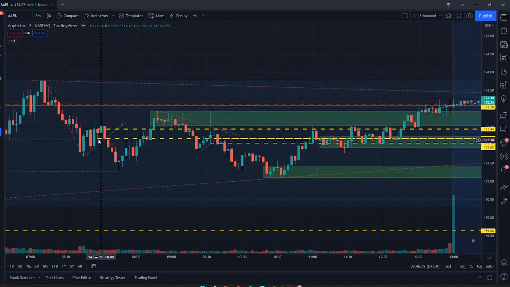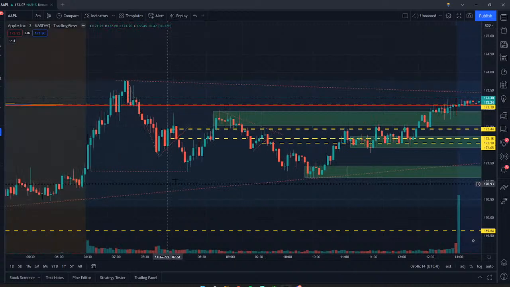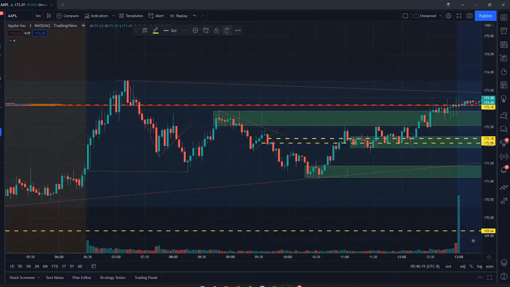I'm not saying trade inside bars. I'm just saying you want to recognize these things as a trader. When you look at a chart, inside bars should pop out at you, outside bars should pop out at you, flags, cup and handles, head and shoulders, pennants, bearish, bullish pennants, triangles, all that stuff should pop out at you pretty quickly. But like I said, when you're first starting, dumb it down, make it easy,